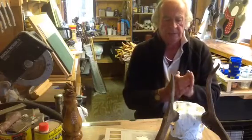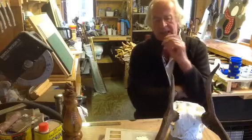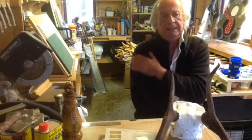But I'm quite happy with it. I'm quite happy with the look of the thing. I had thought about putting a bit of rustic into it. I could have got a nice bit of